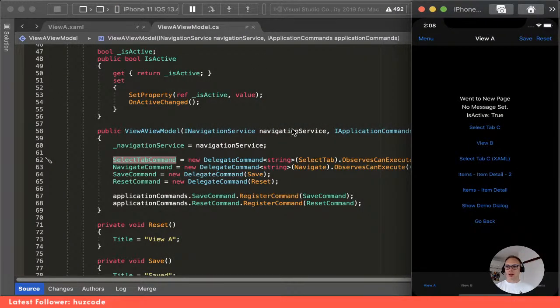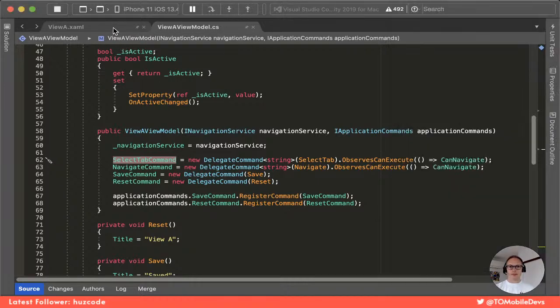Okay. So we have a page, that's this view A here. This view A has just a bunch of buttons to test navigation to other parts of the app. We did a bit of a tune-up on this and removed some hard-coded bits. That was the first thing we did. And then we started building in some of our new stuff after we had retrofitted and cleaned up what was there. So on our view A,